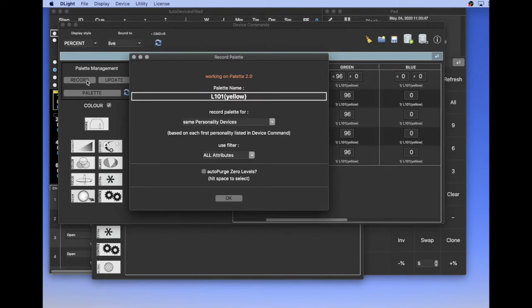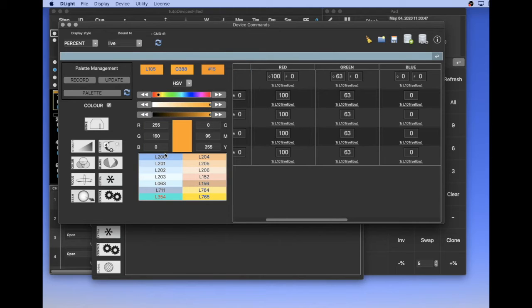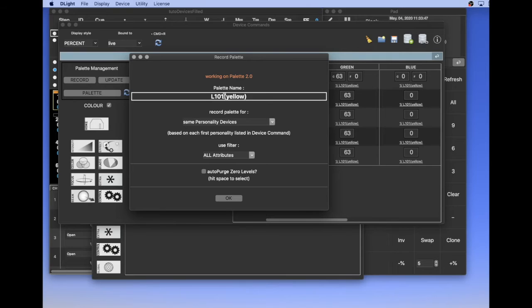Now, let's choose another one, for example 105. I click record. This is 105. Let's call it orange. Okay. Oops, sorry.